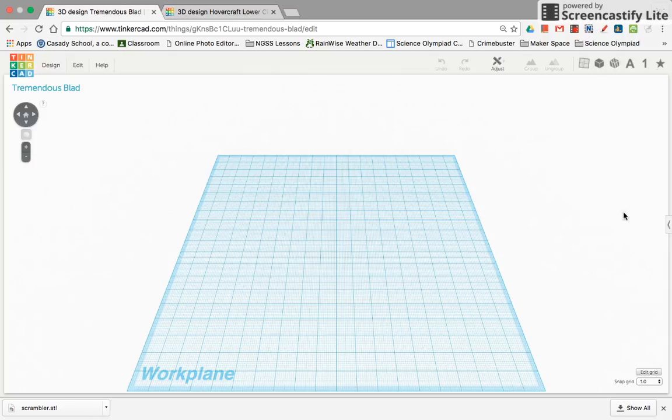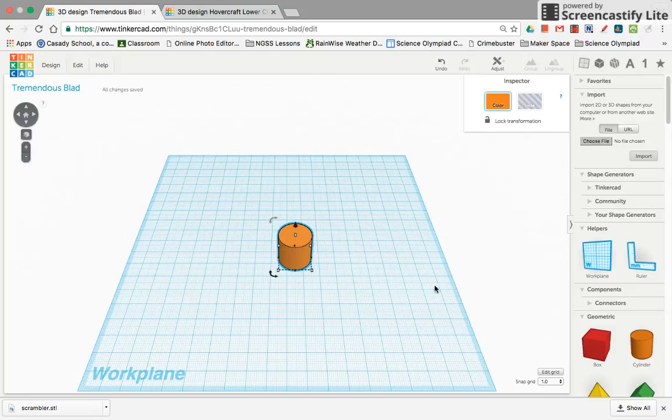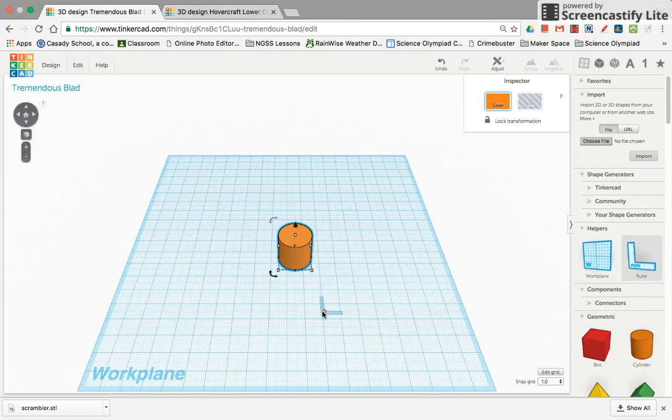One thing you're going to need is the dimensions, and I'll have a dimension sheet. You'll just need to get a copy of that from me. First thing you'll want to do is drag over a cylinder. And if we come in to the cylinder, you can bring in the ruler, and that will show you the dimensions and allows you to click on them and make them the exact dimensions